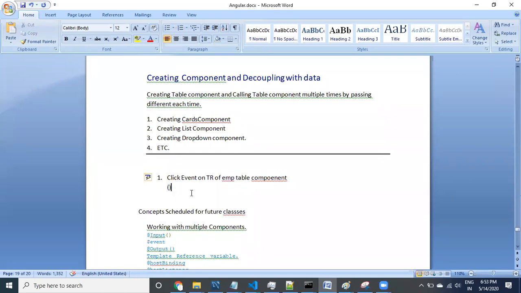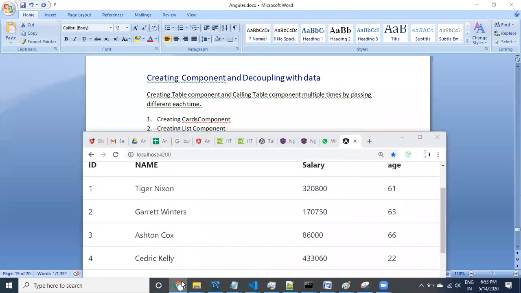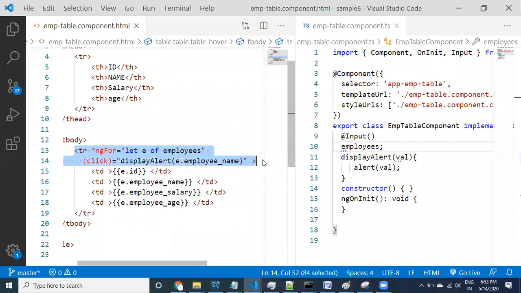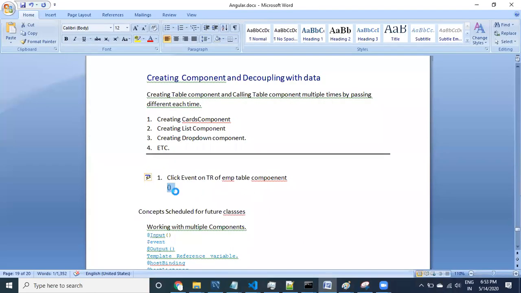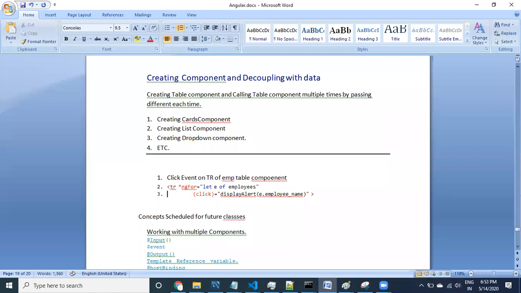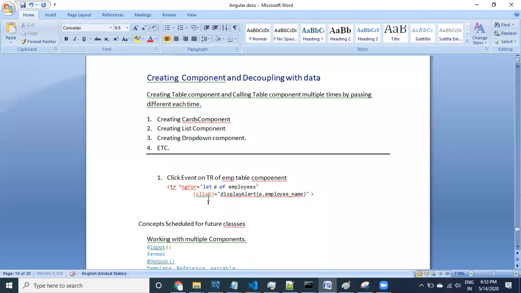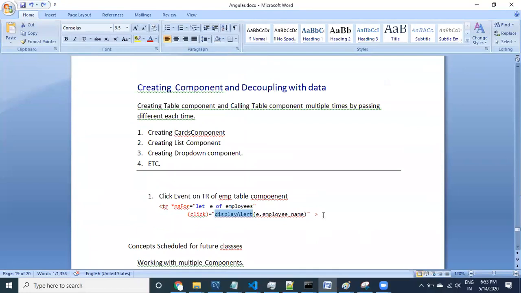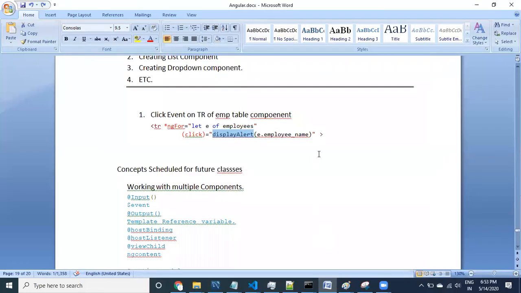What we have done? Let me copy paste that code. This is the code I have applied. This is event binding. Event binding means if you click on something, a method is going to get called.